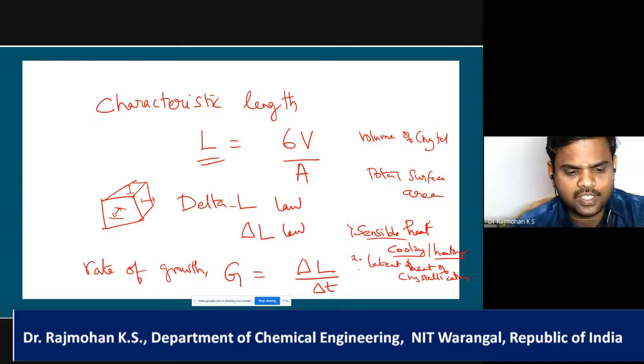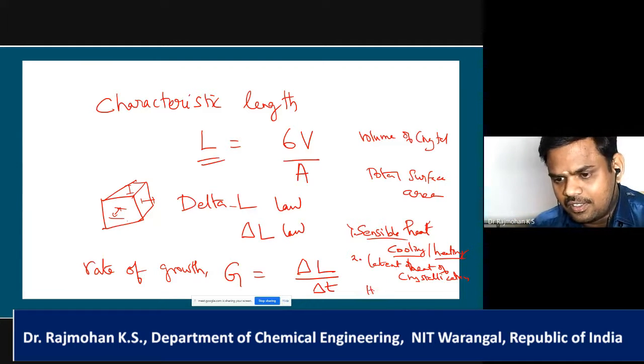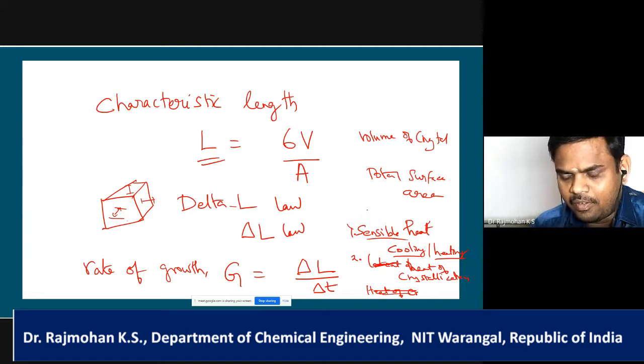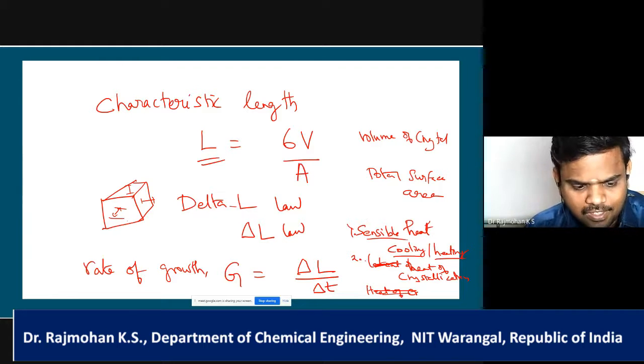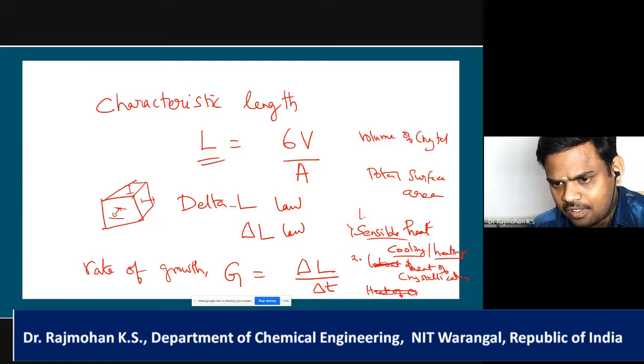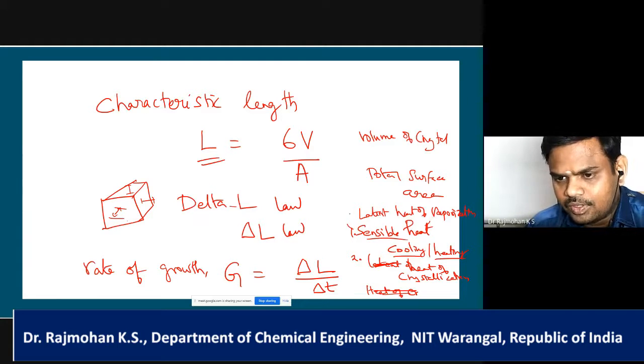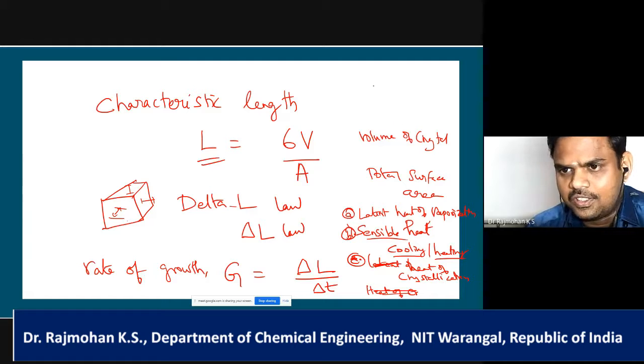Also, we consider the heat of crystallization. If vaporization of solvent is taking place, we call it latent heat of vaporization. So we can say A, latent heat of vaporization, B, sensible heat, and C, heat of crystallization. So if you are considering A, B, and C,